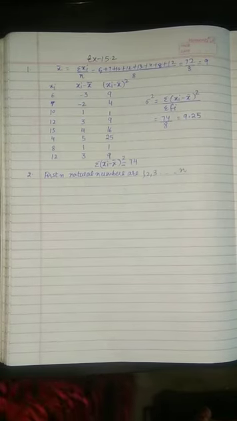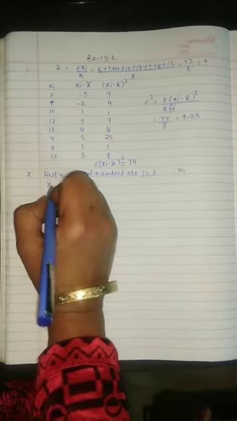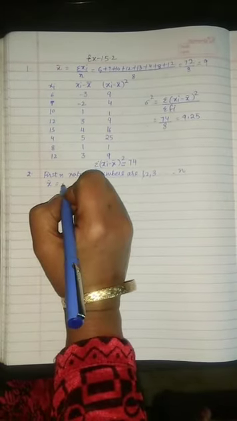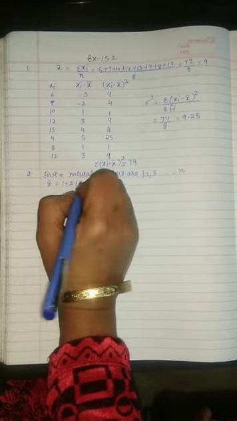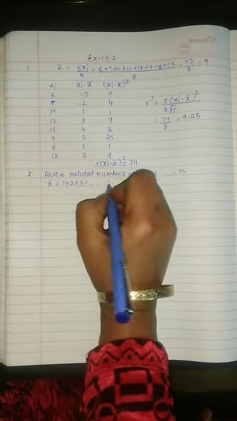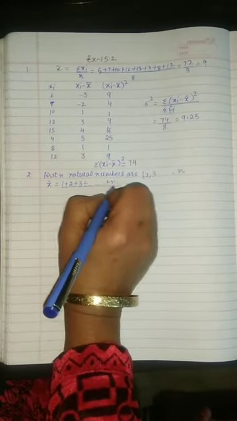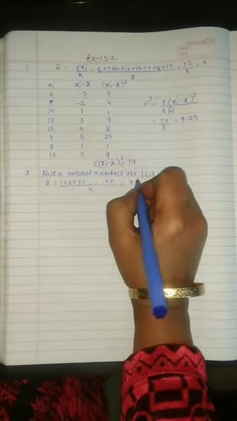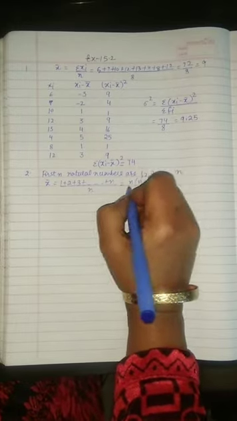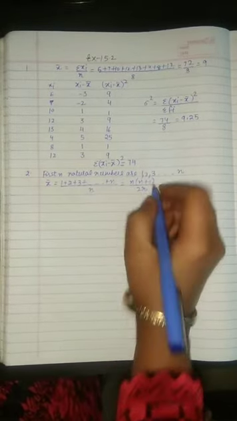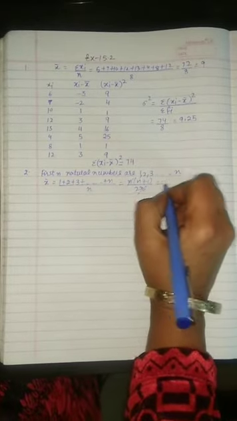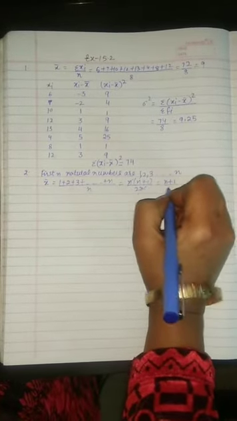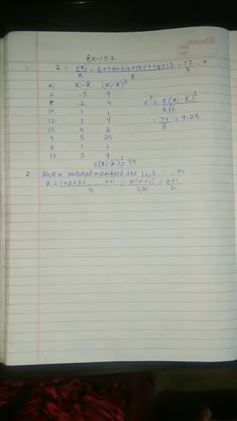So how will we find it? First of all, the mean, that is x bar, is equal to 1 plus 2 plus 3 plus up to n terms, upon total number of terms, which is n. Now the sum of n terms is equal to n into n plus 1 divided by 2. Already we have n here, so we will write n here also. So n and n will cancel. We will get the mean as n plus 1 by 2.